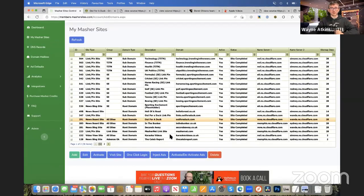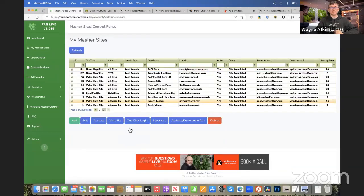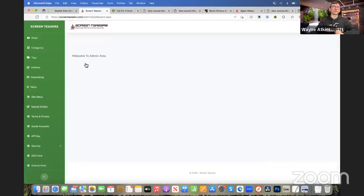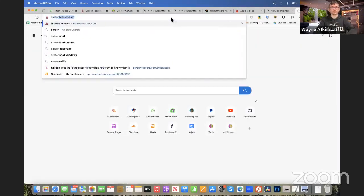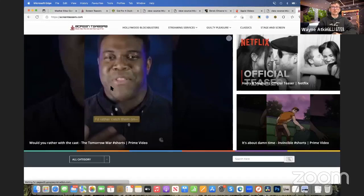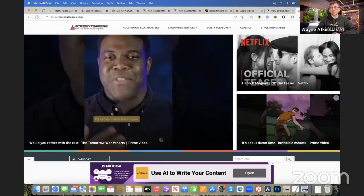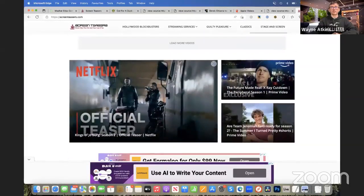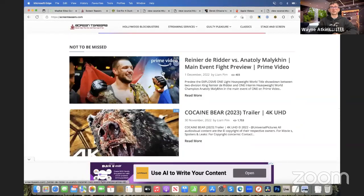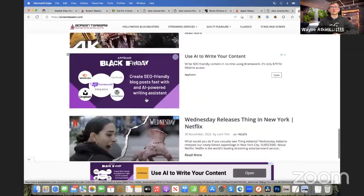So if I go to next page, screen teasers, and log into that. Now you'll notice, for those of you who've got video view, I'll just show you screen teasers. Now with this position, and this position, 1, 2, and 3. If we scroll down, we've got 4, 5, and 6, and then we've got 7, 8, and you'll see there